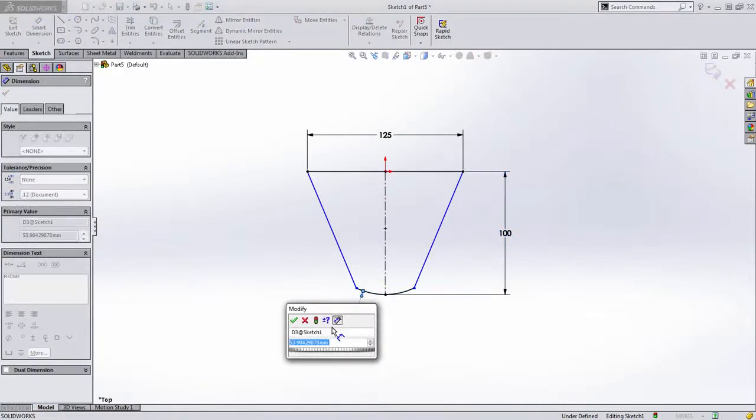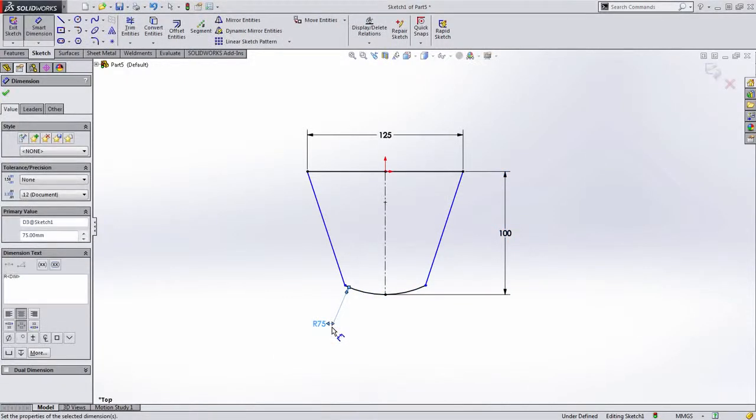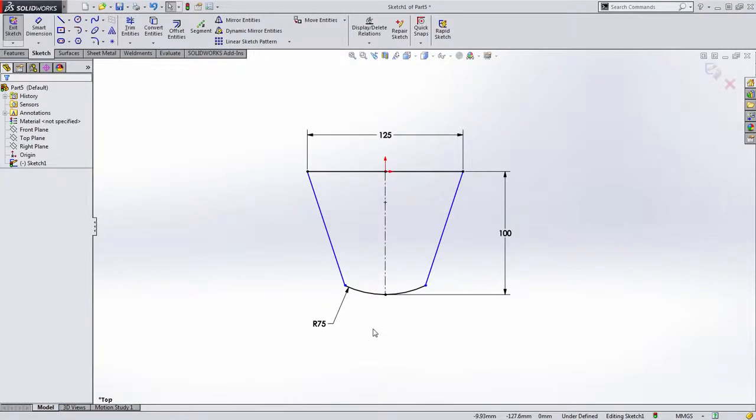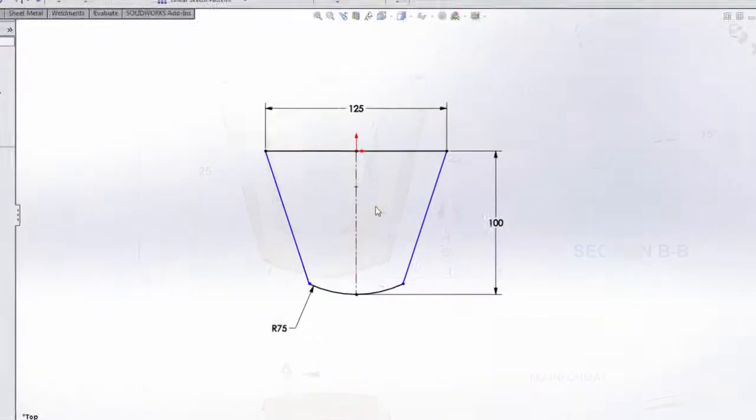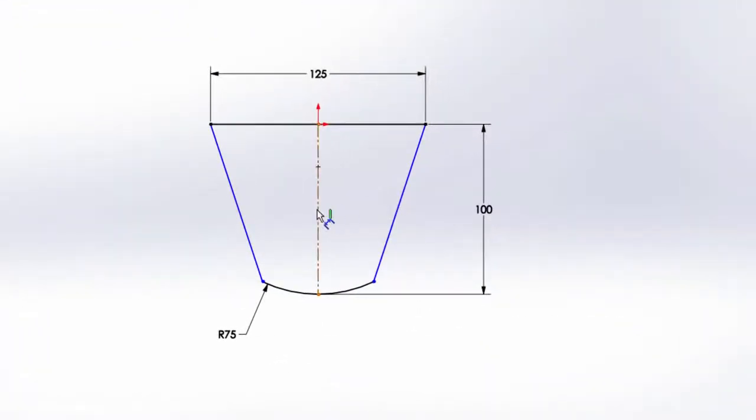We'll add the radius to the front arc here of 75 millimeters, and the last thing we need to do is define the angle of these lines. Now if we go back to the drawing, notice where the angle is set. It's on the outside of the part where there's actually no geometry. If we go back to SOLIDWORKS, we could do this a few different ways. We could actually just invert the angle to the inside, but there's a new way of doing this in SOLIDWORKS 2015 that's really convenient. If you dimension to a line and choose the endpoint of a line, SOLIDWORKS presents you